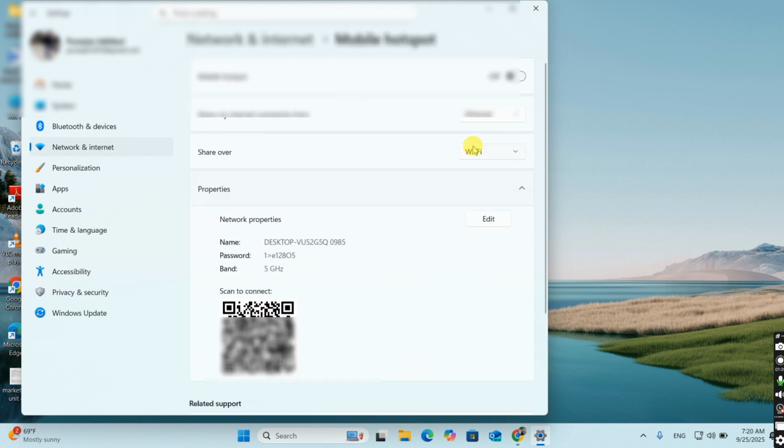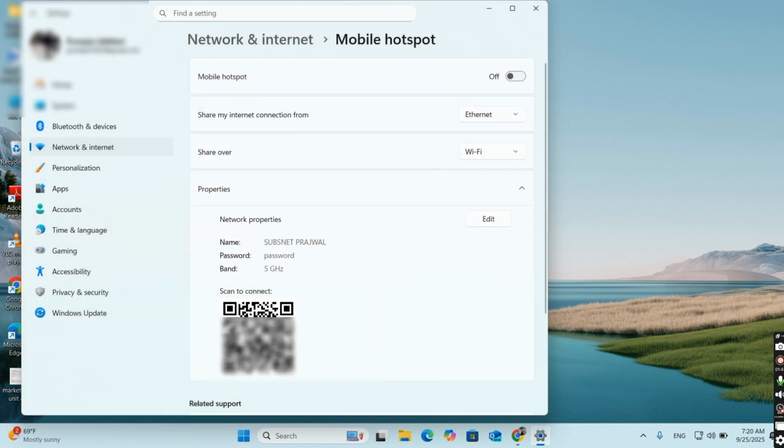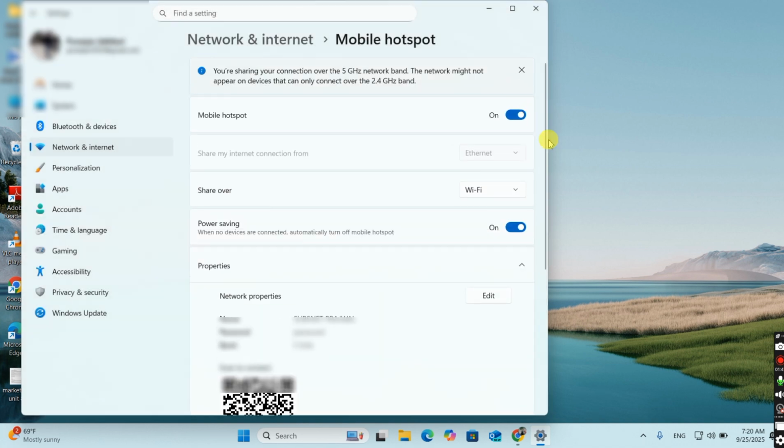Go to mobile hotspot and from here share connection from Ethernet and share over Wi-Fi. So you can edit your SSID name if you want. I will keep my channel name and password as password for right now, and I will be preferring 5G band. So when I click on save and click on this on button, then I will show you from my mobile